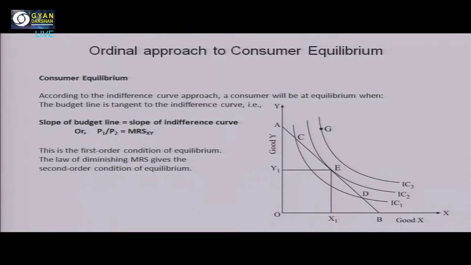लेकिन एक ये तो नेसेसरी कंडीशन है, पर खाली इतने से काम नहीं चल जाएगा। आपको ये भी जानना चाहिए कि ये जो हमारा इंडिफरेंस कर्व है, तटस्थ वक्र जो दिखाया गया अभी अभी, उस तटस्थ वक्र की शेप हमारी कैसी है, कॉन्वेक्स टू द ओरिजिन। कॉन्वेक्स टू द ओरिजिन क्यों है? क्योंकि ये उपयोगिता ह्रास नियम से ही मिलता जुलता है। यहाँ पर सीमांत प्रतिस्थापन दर बोल देते हैं, क्योंकि एक वस्तु छोड़नी पड़ती है दूसरी वस्तु कुछ पाने के लिए। तो कितनी छोड़नी पड़ती है दूसरी वस्तु पाने के लिए, ये दर जो है निरंतर धीरे धीरे घटती जाती है।